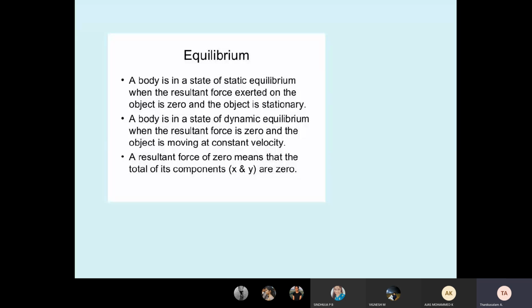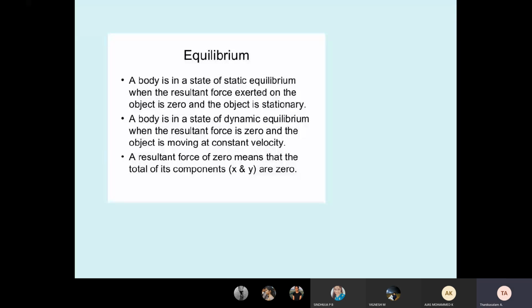Whenever any body is moving uniformly, just imagine a bus moving on the road with a constant speed, going straight. There are 50 passengers. When the driver is driving the bus with a constant speed, you will be happy. Sometimes the bus moves zigzag in that direction. Are you happy? That is called not equilibrium. So dynamic equilibrium means the body is moving, but at a constant speed or in a regular path without disturbances, with constant velocity.